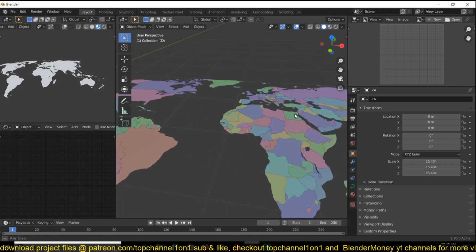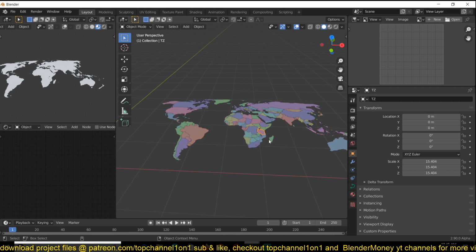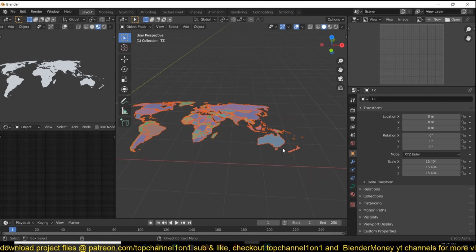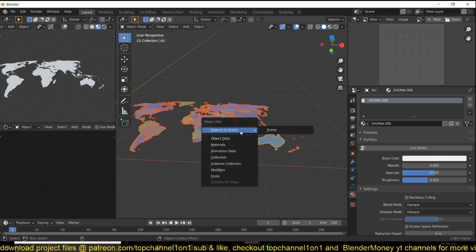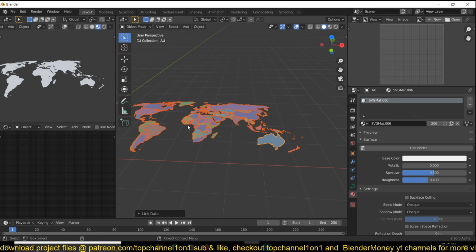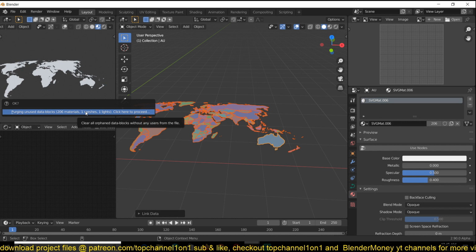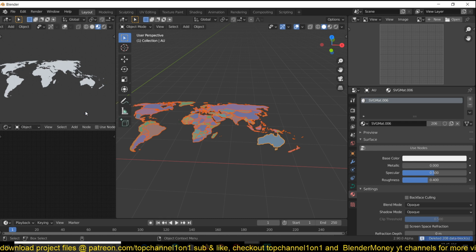So the first thing I want to do is give all of these maps, all these objects, the same material. So I'll select everything, make sure I have an active object selected, and then go into other materials. Make sure you have all these objects using the same material. Just select everything, Ctrl L, materials, so that they use the same material. I'm also going to remove the extra materials that are left over from the SVG object that I imported. So just clear that so that I only have a few materials here. I just want one material to use here, so I'll just call this material. I just turn on use nodes.